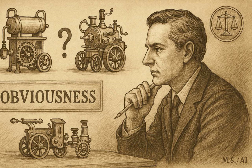Oh, definitely the first one. Combining known elements using known methods to yield predictable results. Okay, makes sense. Think about it. You take parts that already exist, you put them together using standard techniques, and the result is exactly what you'd expect. No surprises. Just the sum of the parts working as anticipated. That strongly suggests obviousness. So strategically, if you're facing that rejection...